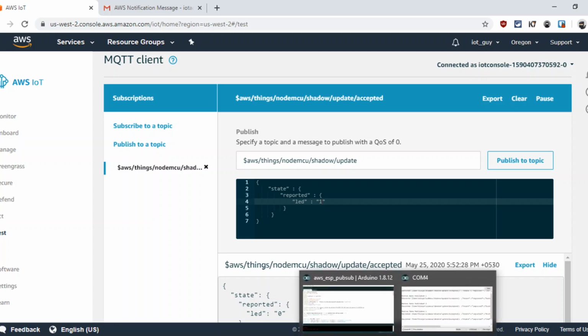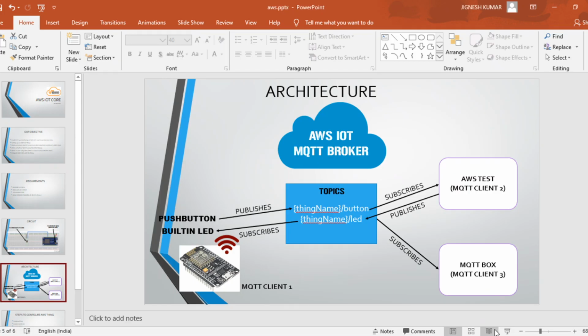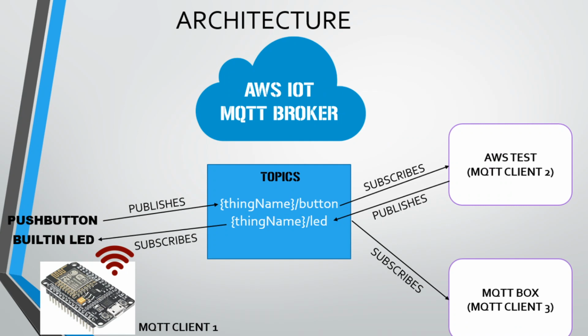The reason is quite simple. Let me first open this architecture. Why am I subscribing to those types of topics and not simple topics like button or LED? I can send data like the push button value 0 or 1 to this button topic, and the same will be received by the test client subscribed to it. As we send the data, it will be received by this client.